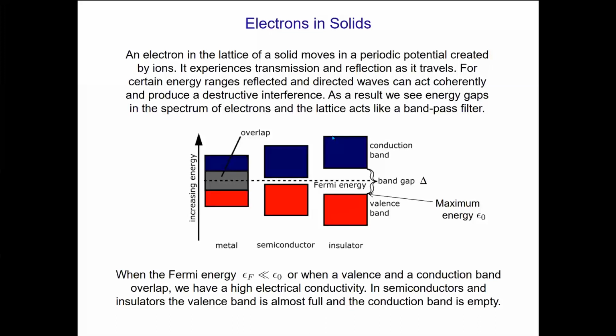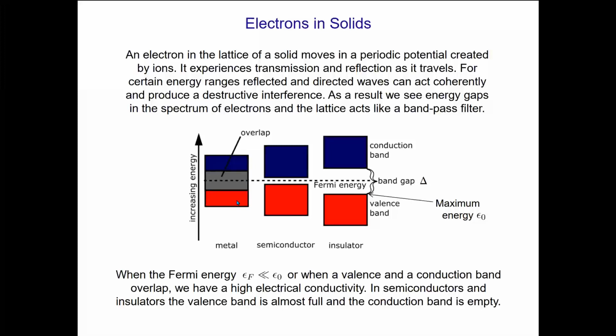And the gap above the Fermi energy is called the conduction band. Okay, and let's denote the top energy of the valence band as the energy epsilon zero. So when the Fermi energy is much less than the top of the valence band, so it goes, valence